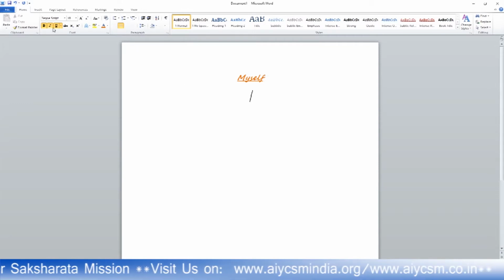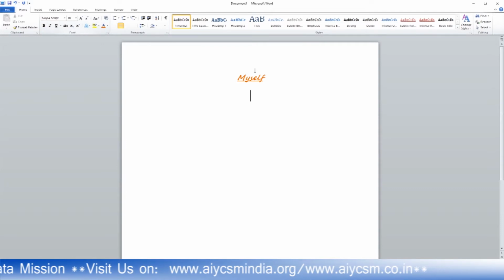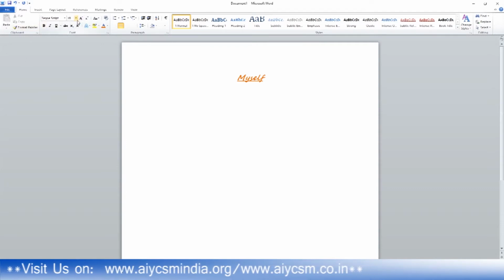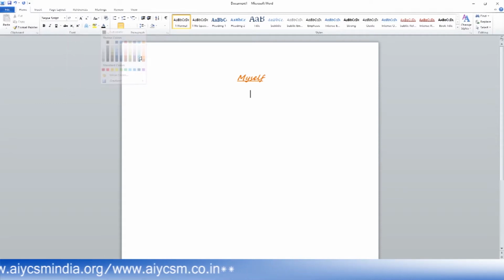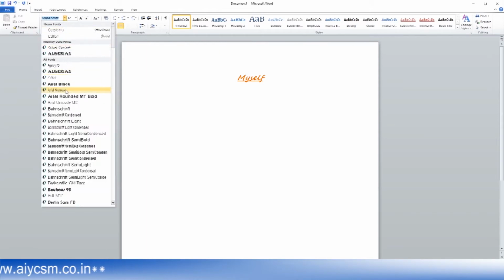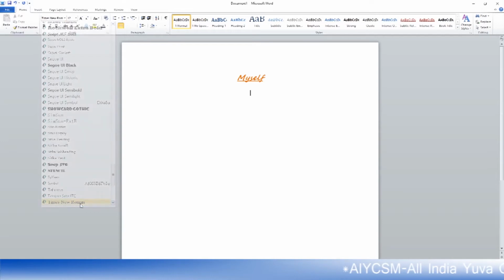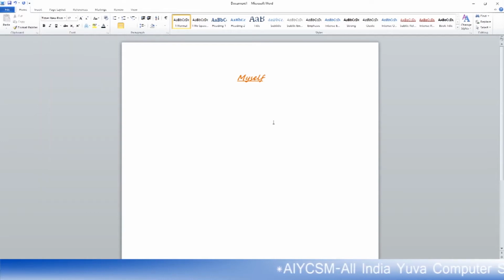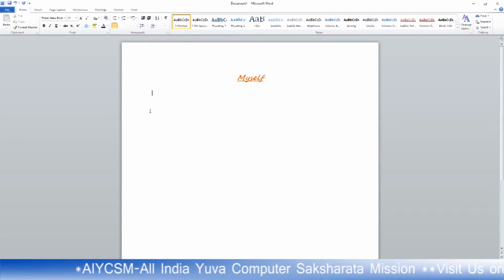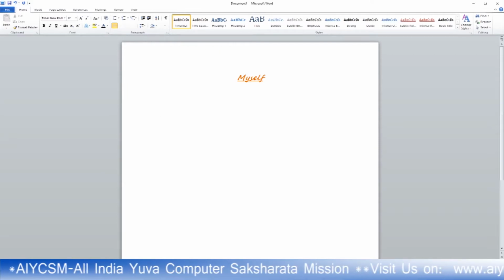Now I don't want to continue bold, italic, underline because this is the heading, and it has the bold, italic, underline options. I again make the size 12. I do not want this color, so I again select the color black, and I have to select the style differently. I have to select Times New Roman. So there is the Times New Roman option. I select this one, just like earlier. Now I select the left alignment because the heading is always in the center and the next line will come from the left alignment.